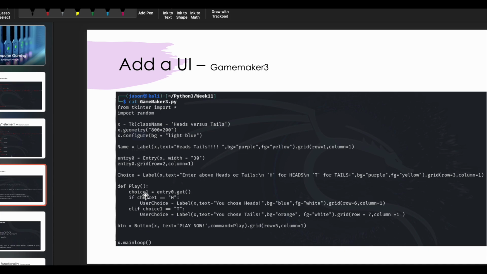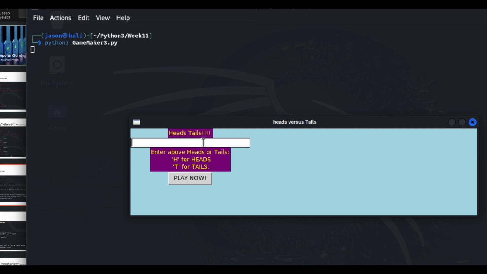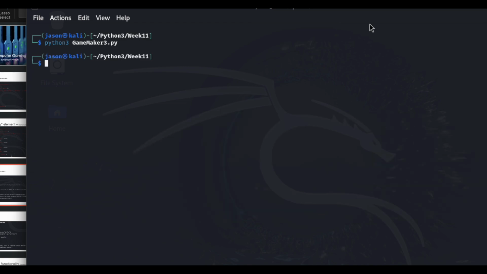But here we have the entry from last week's assignment. So I'm not going to explain the code. I'm getting this code directly from last week's presentation, so you can look at that for the specifics. But I just wanted to show you that we have enter H for heads, T for tails. I'll say H, and then it says you chose heads, and if we do T, you chose tails, and if we do heads again, you chose heads. Nothing else happens, but I just want to show you what happens. And to quit, we have to press this X, which ultimately quits the program.